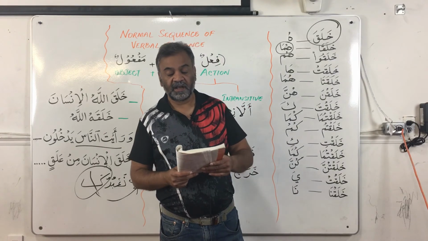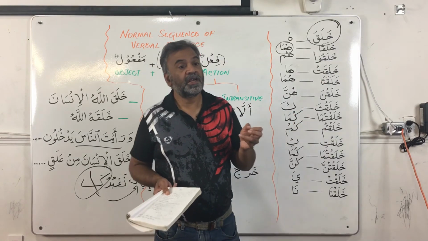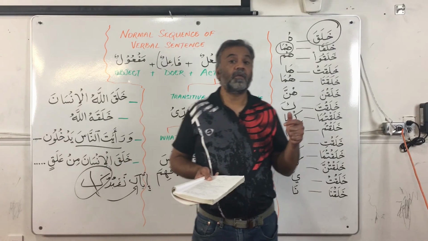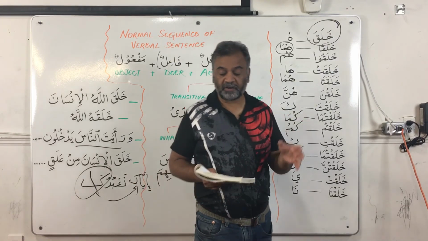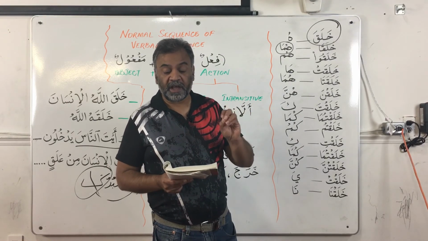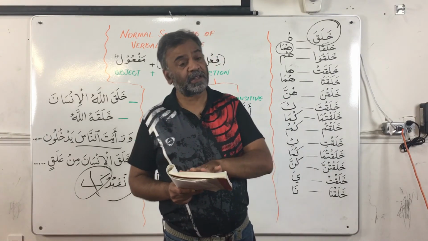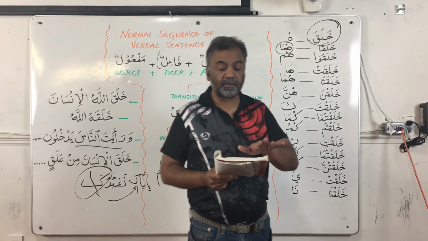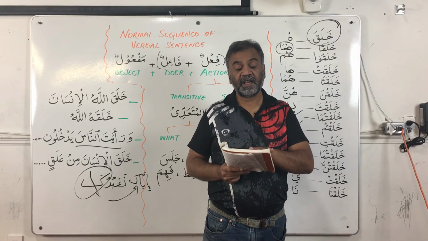Then al mudarris said, hafizta, hafiza, he memorized. He memorized what? So it's a transitive, so we need a maf'ulun bihi, an object. Hafizta surata, did you memorize the surah al fajri? Surat al fajri. Now surata is your maf'ulun bihi wa huwa mudaf, and al fajri is mudaf alayh. Al mudarris is asking Ibrahim, did you memorize the surah of Fajr, ya Ibrahim?